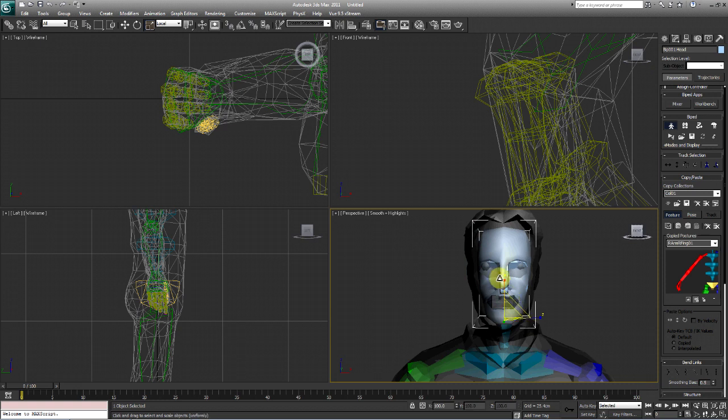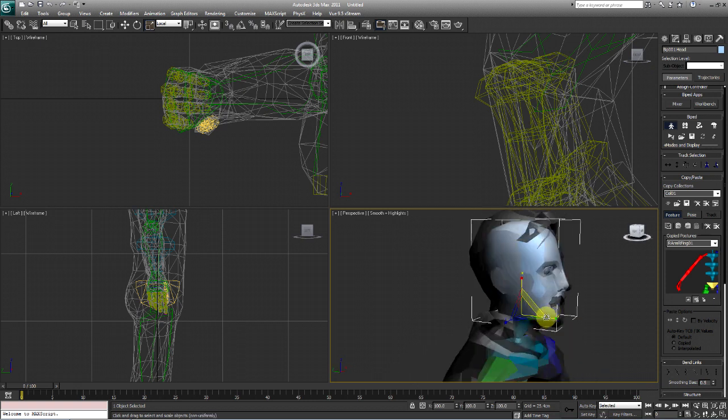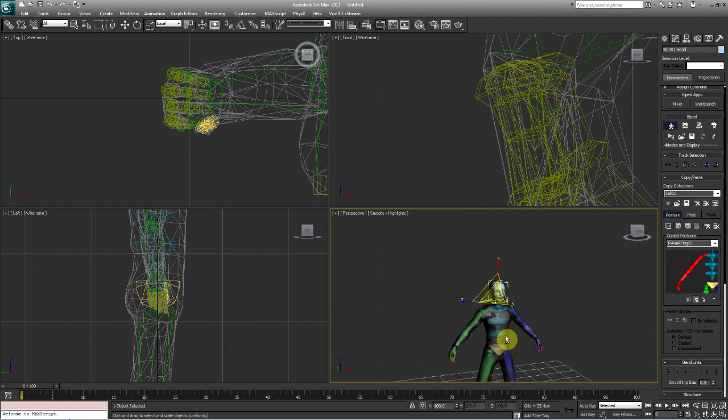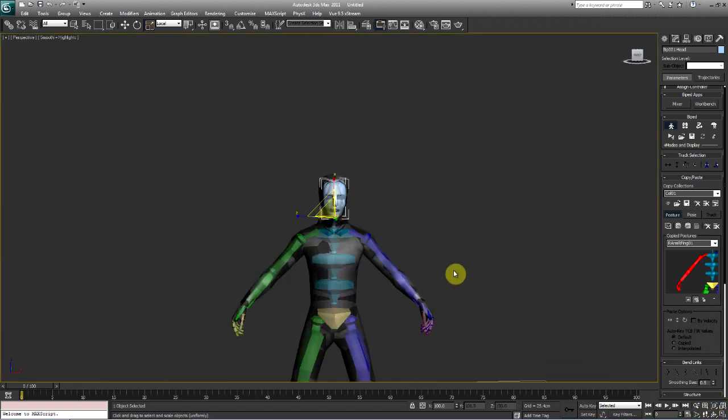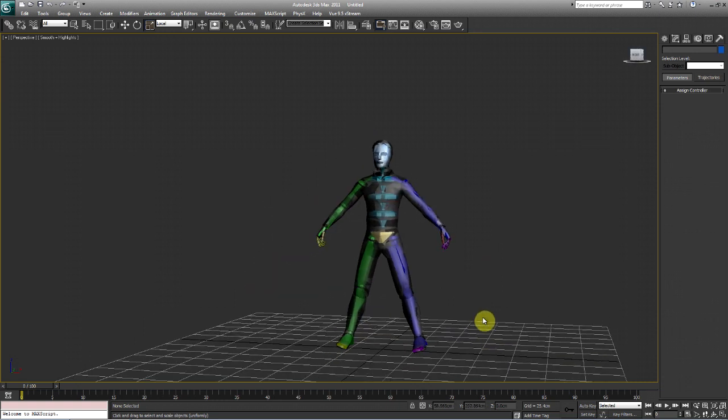We're gonna scale it up on the X and pull it on the Z, and pull it on the Y a little bit. And let's take a glance at it. Wow, if you got this far, congratulations, because you just finished the posing part of rigging. You haven't even got into the second part.